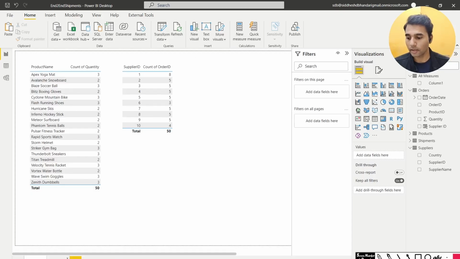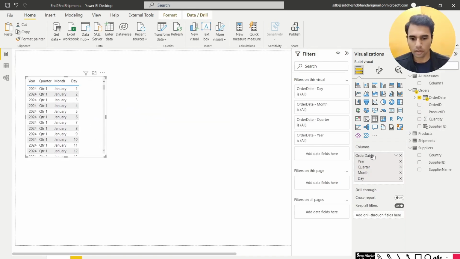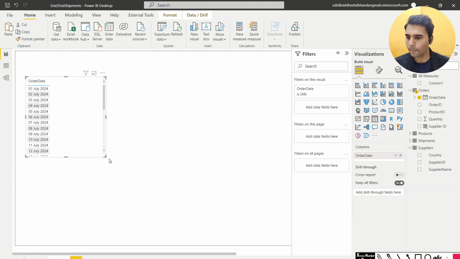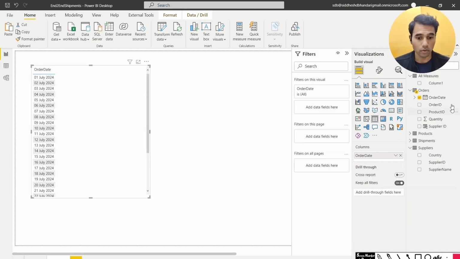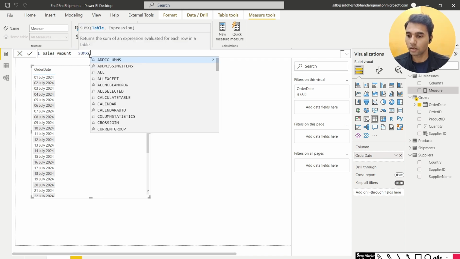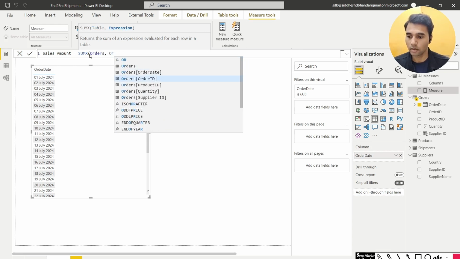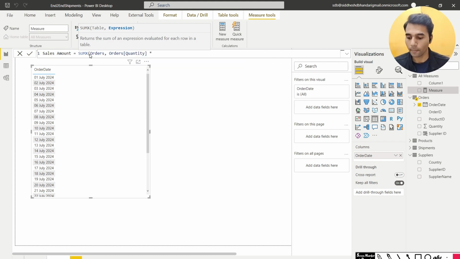So I go to Power BI and I simply get my order date from my orders table. Let me pull this, convert it into a date, and I would need the sales amount. So let me quickly create a new measure for that. I will call it sales amount is equal to SUMX, orders, and from my orders table I am going to get my quantity, and that will be multiplied by the price. So product